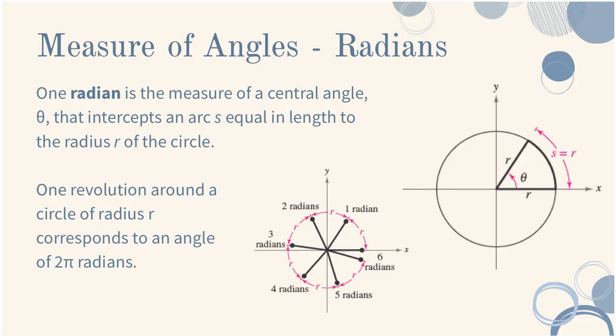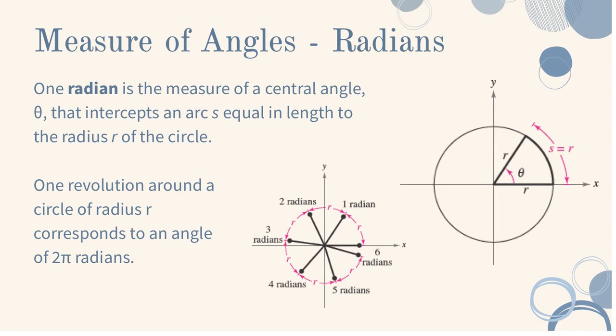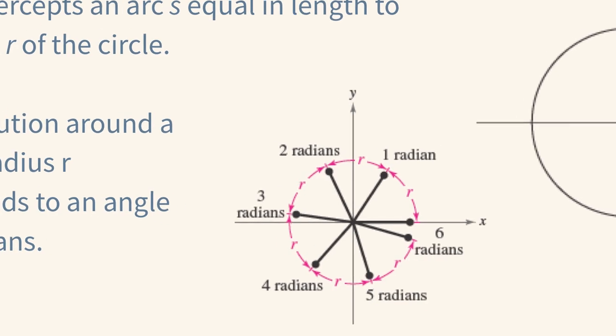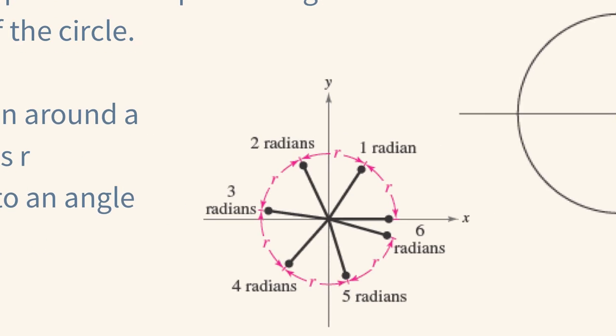1 radian is the measure of a central angle. So this is my central angle, theta. And 1 radian is the radius. So if this radius is here, this is the measure of 1 radius. If I'm looking at the diagram, you have your radians there. Here are my radians, and these are the measures of the radius starting from the initial point. So this is 1 radius, 2 radius, 3 radius,